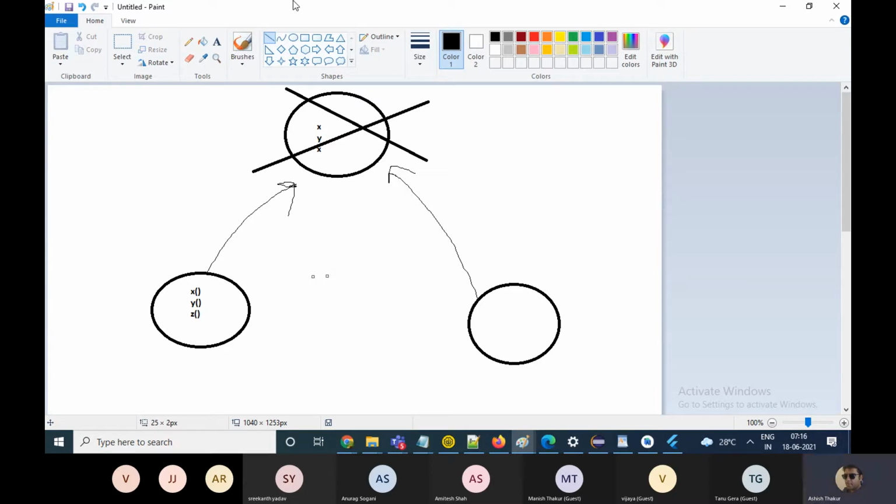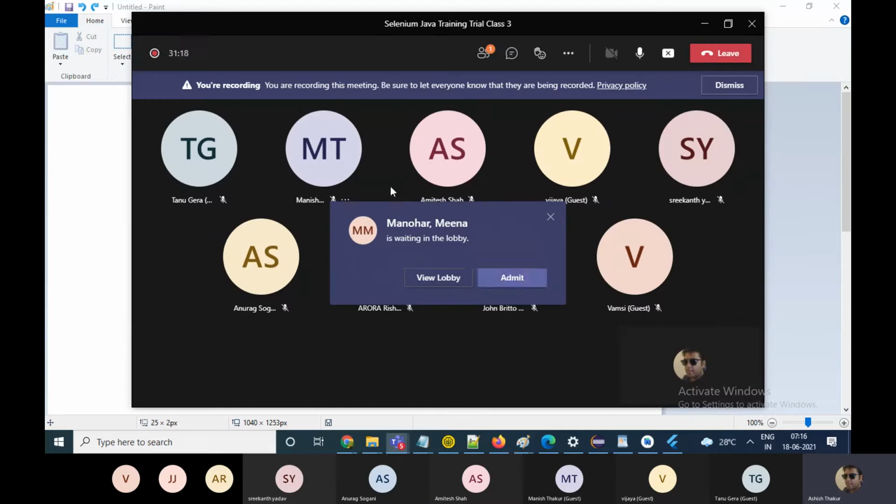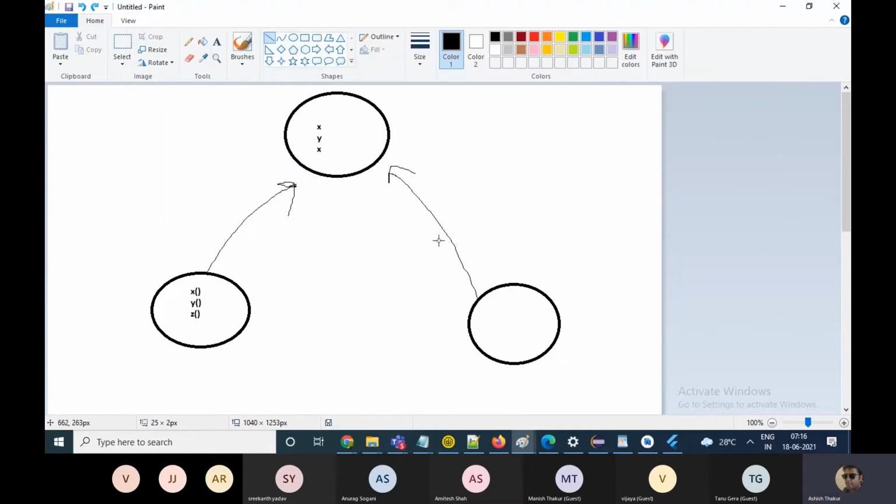Well, the basic idea is that if I build an interface, then I give a kind of structure to the whole application. We know what kind of functions will be there in the classes.